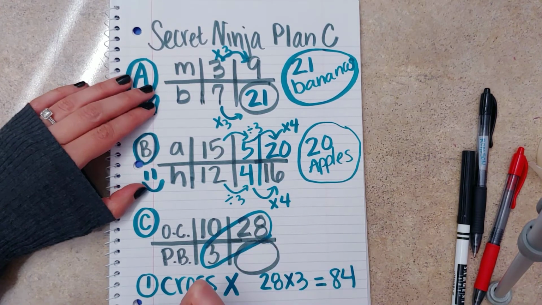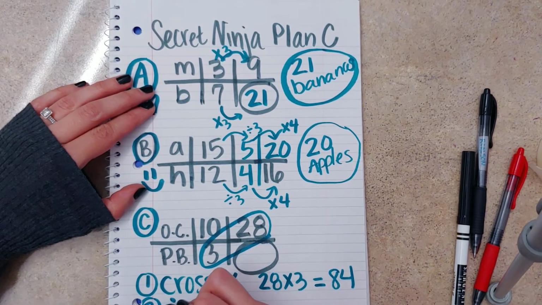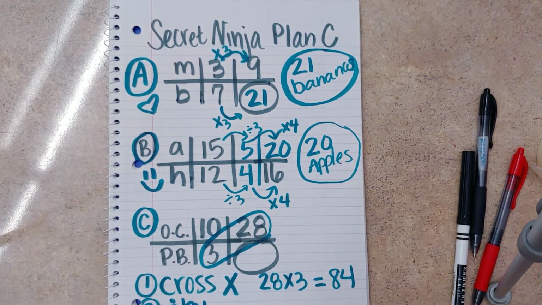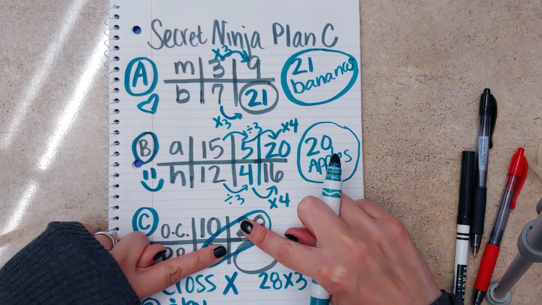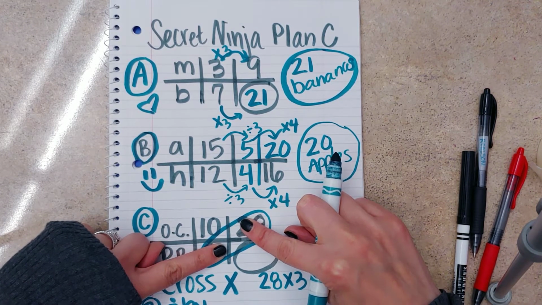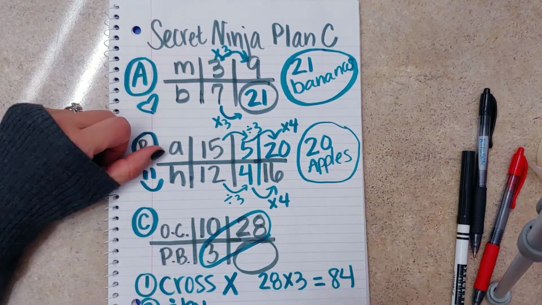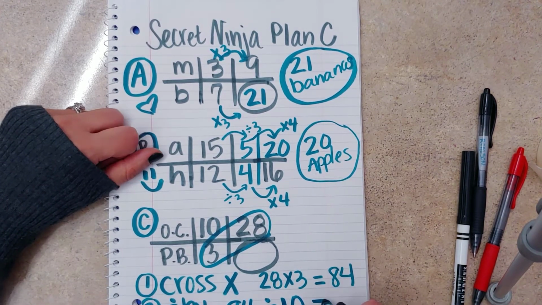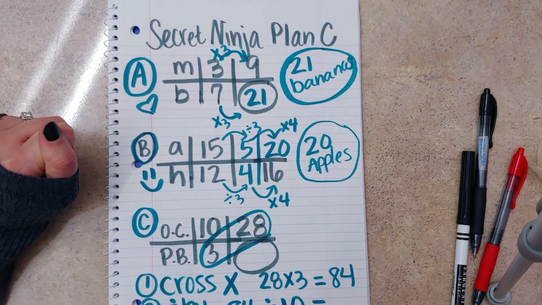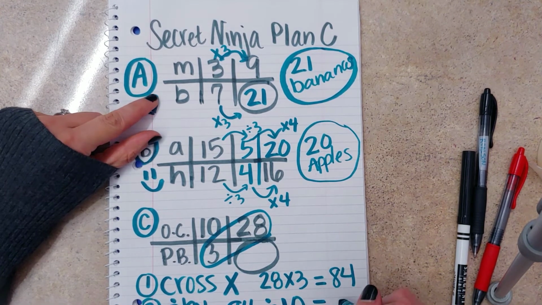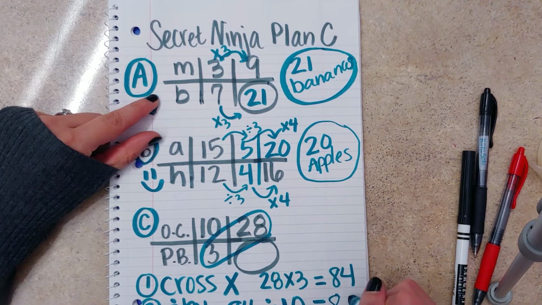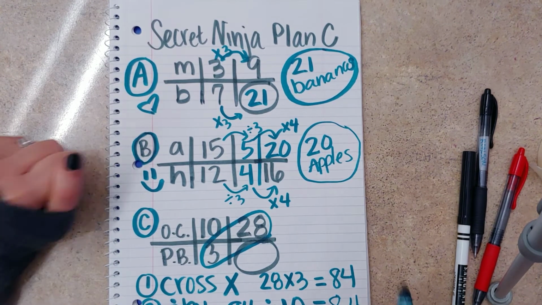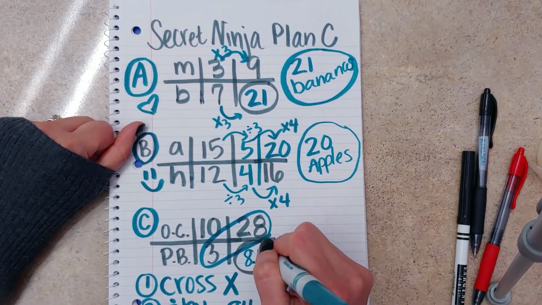So we cross multiply, and then our second step is to divide by what is left. So what I mean by that is we just cross multiplied our crisscrosses. We're going to divide by what's left. Well, what number is left? 10. So we're going to take what we got earlier, 84, and divide it by 10. We love dividing by our base 10s because we're just going to move our decimal place back 1, 8 and 4/10. So for every 28 oatmeal chocolate chip cookies I make, I am going to make 8 and